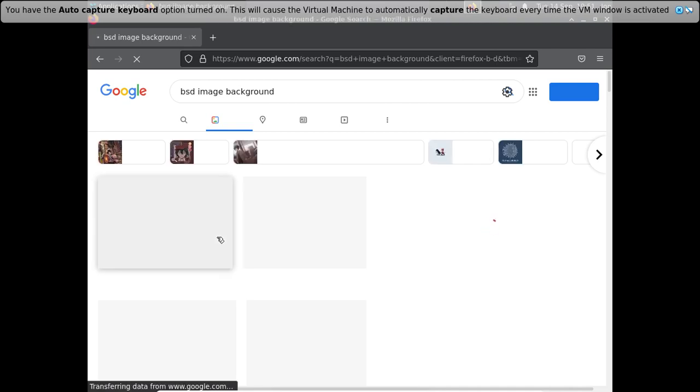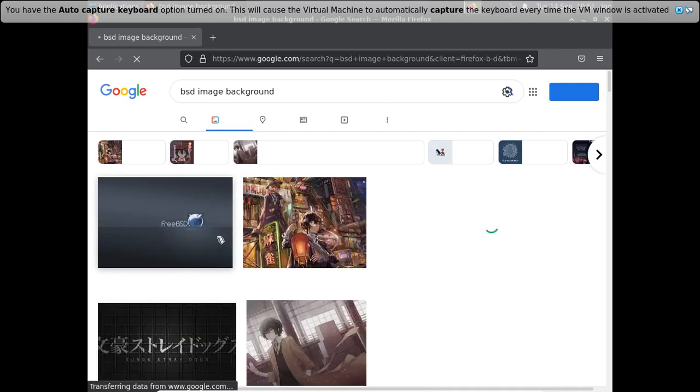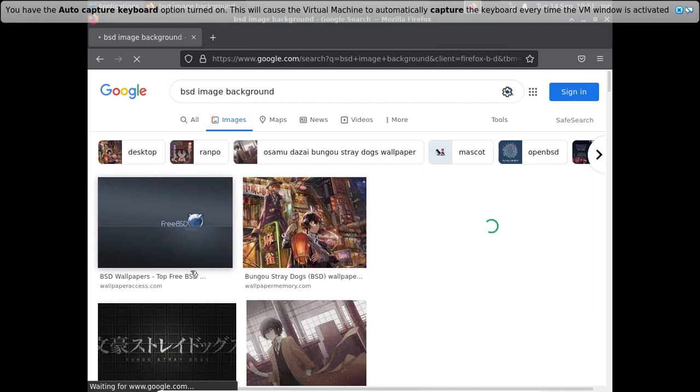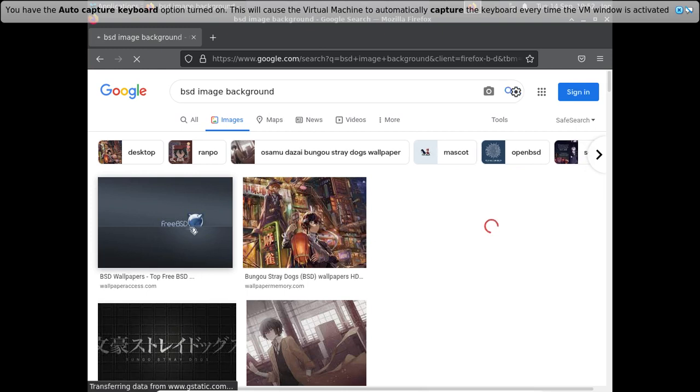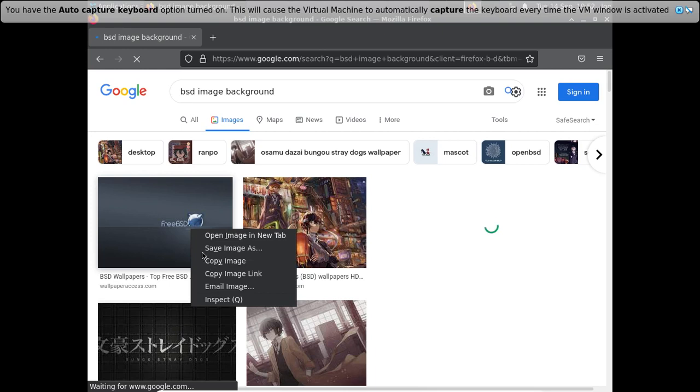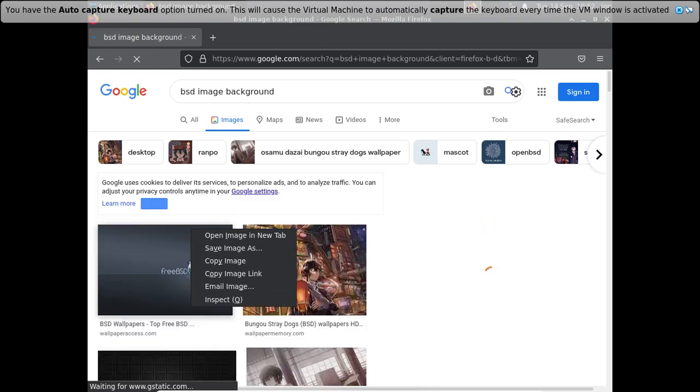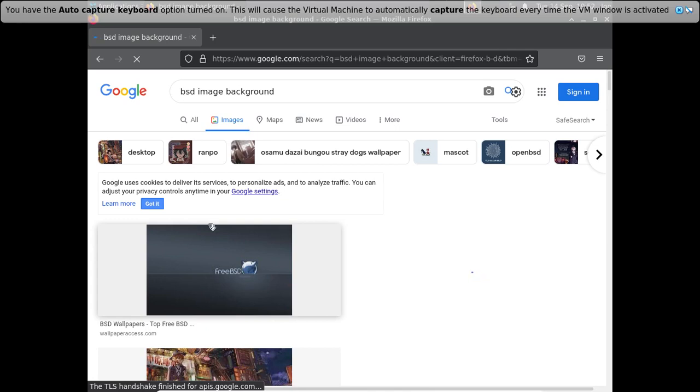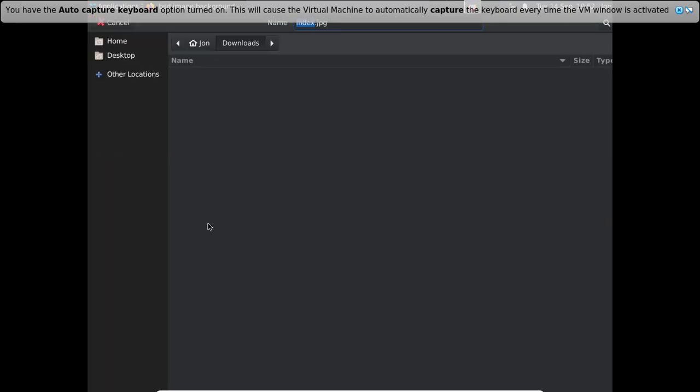It's gonna take a while because it's a photo box. But yeah, this is what we can be able to do. Be able to download. Let me just do that. All I want to do is install this background image. If we just save image as, then we shouldn't be able to save it. Okay, let's go to the actual desktop, and then maybe